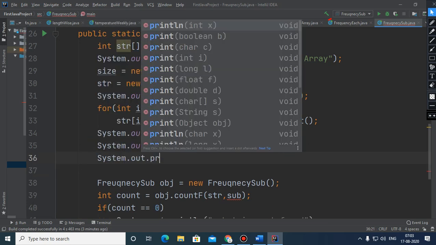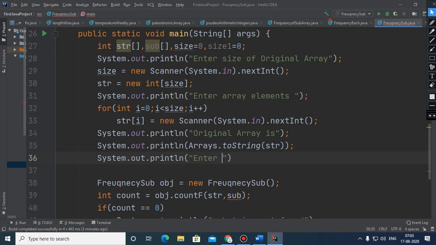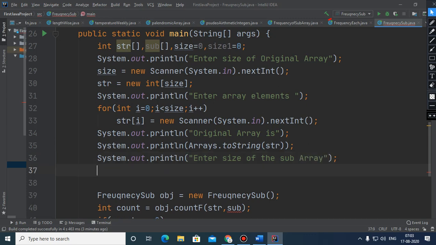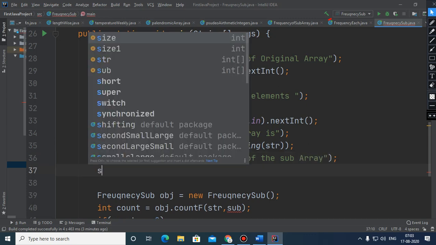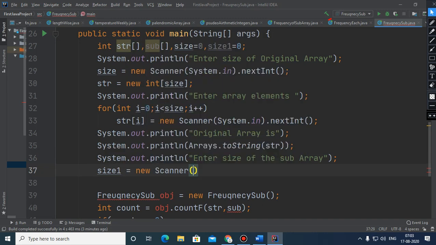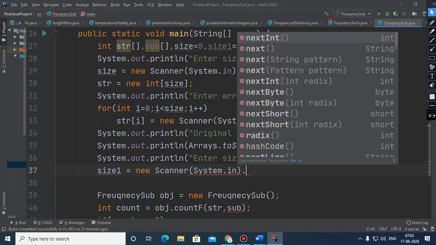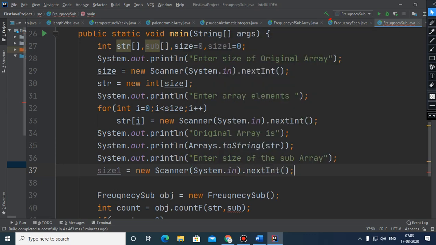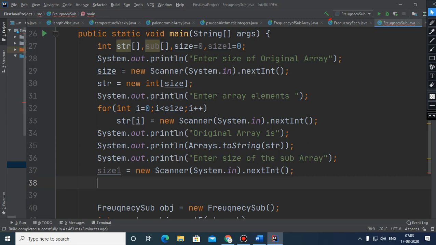So here the message is enter the size of the sub array, and that is size1 new scanner system.in.nextInt, and here sub is new int size1,